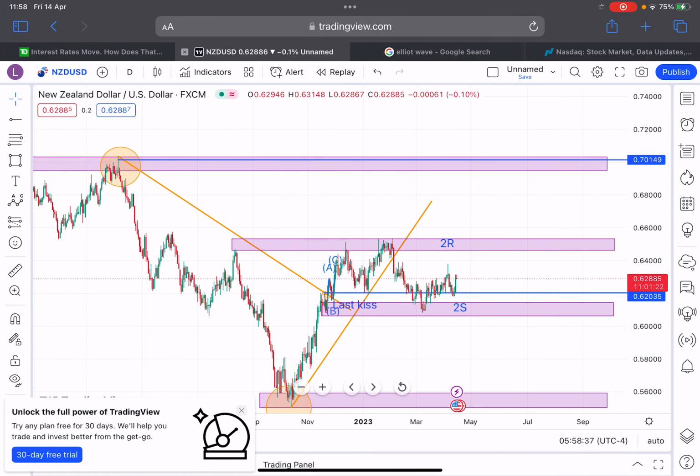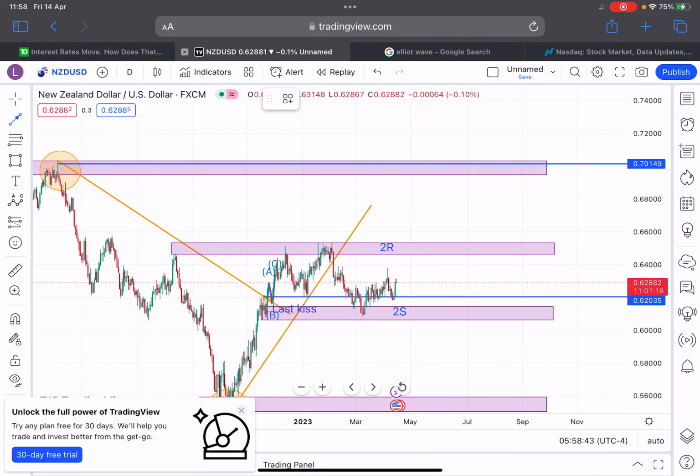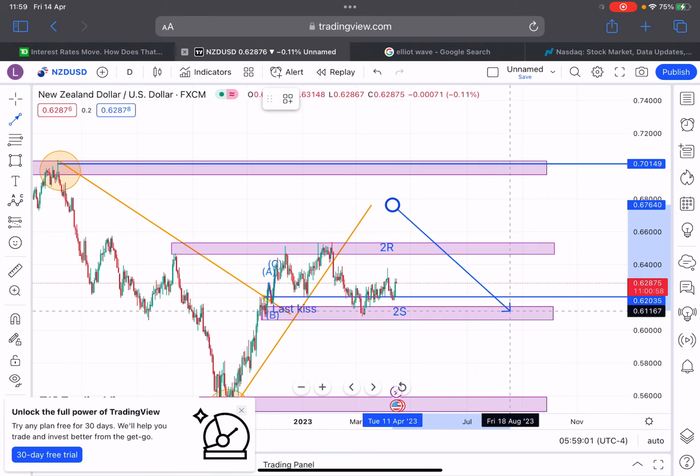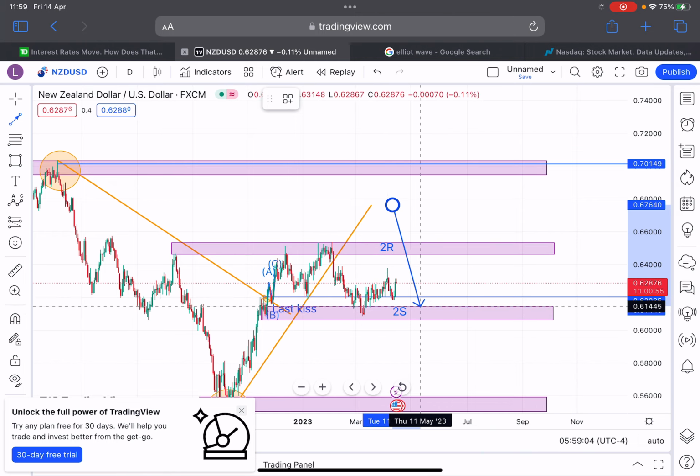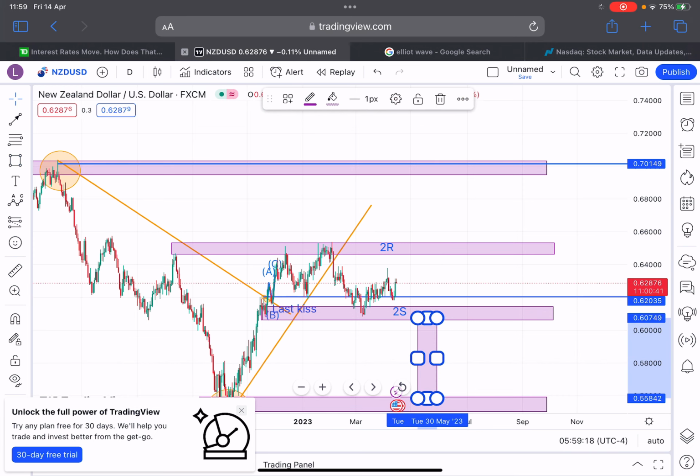So what we are waiting for right now is the chart to break this. Let me use my arrow. What we are waiting for now is the chart to break this second resistance and this support that is busy consolidating inside. I hope you see, this is the second resistance, and this is your second support from the last case. So the chart is busy consolidating in between, and we are waiting for it to break this resistance and support. So if it happened that our chart does break the support, let's say it breaks the support,